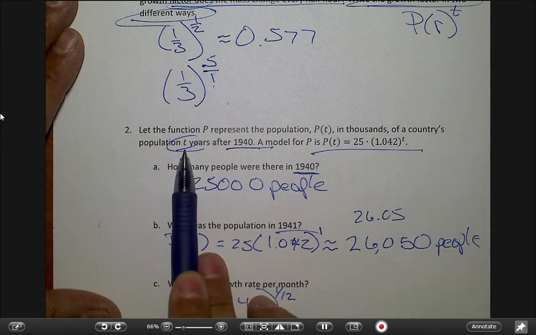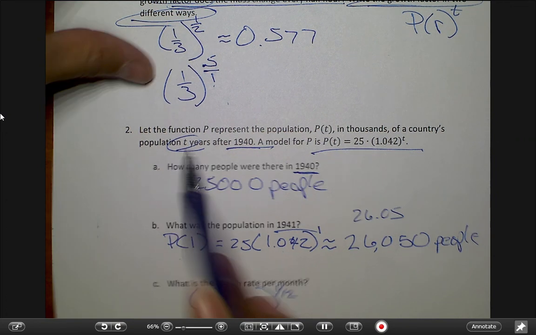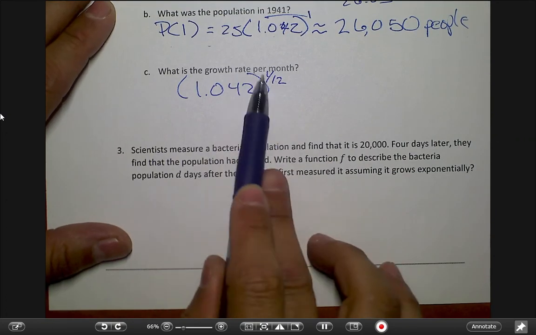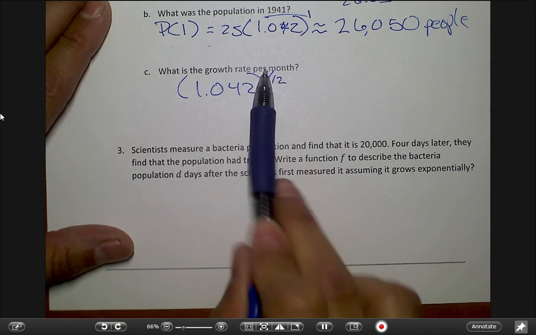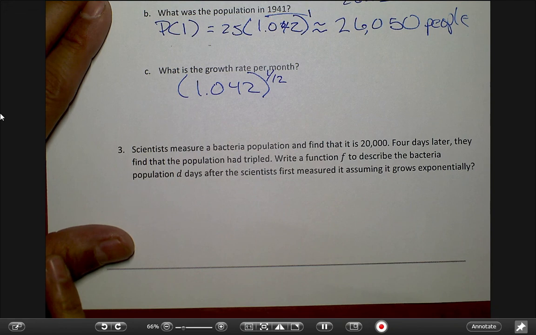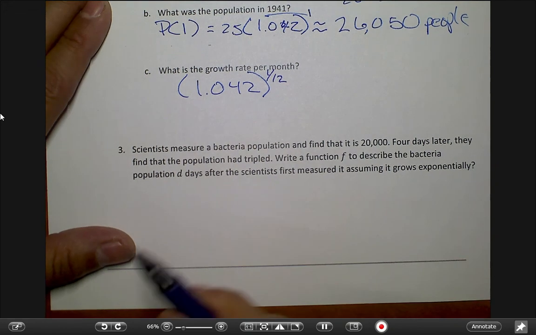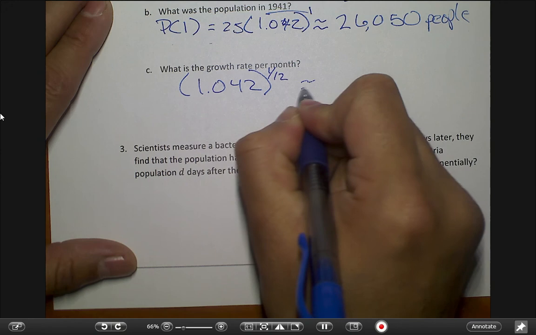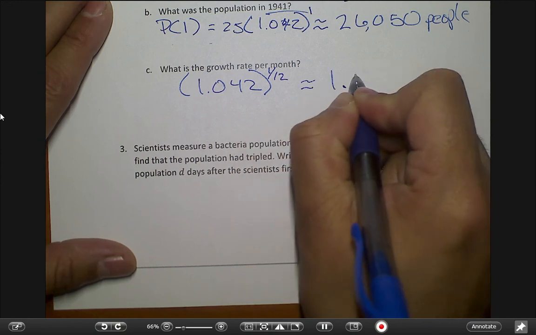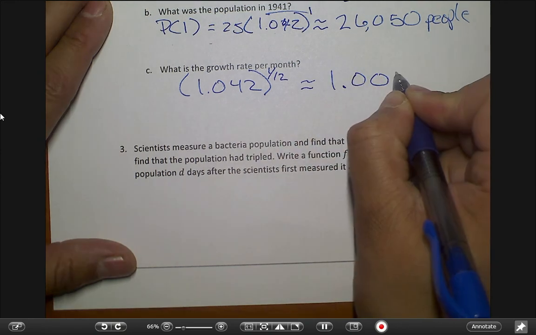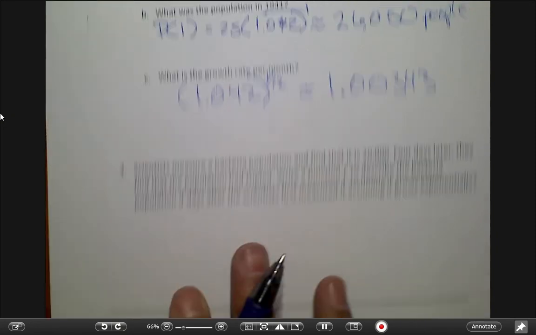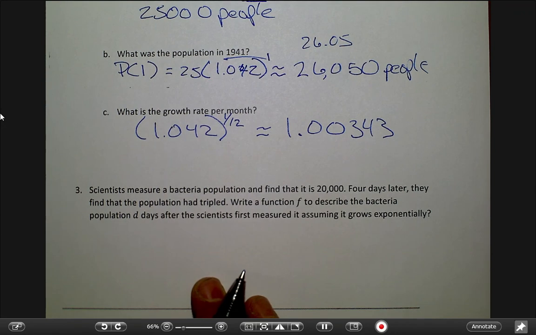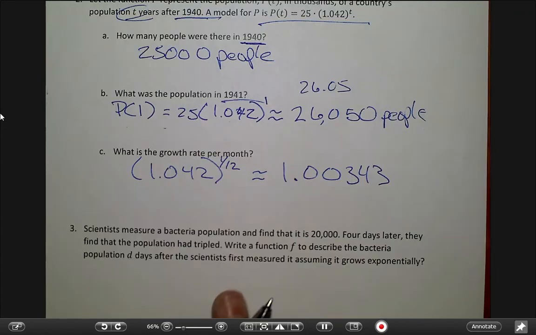And because this is actually going by population according to years, 1 over 12, because for that to be a whole year, I need to raise it to 1 over 12. So 1 month out of the 12. So when I get to 12 over 12, that would be 1 power. So put that in the calculator. 1.343. Like that? Yes. Okay. And that's the growth rate per month. We leave it like that, right? Yeah, we can.